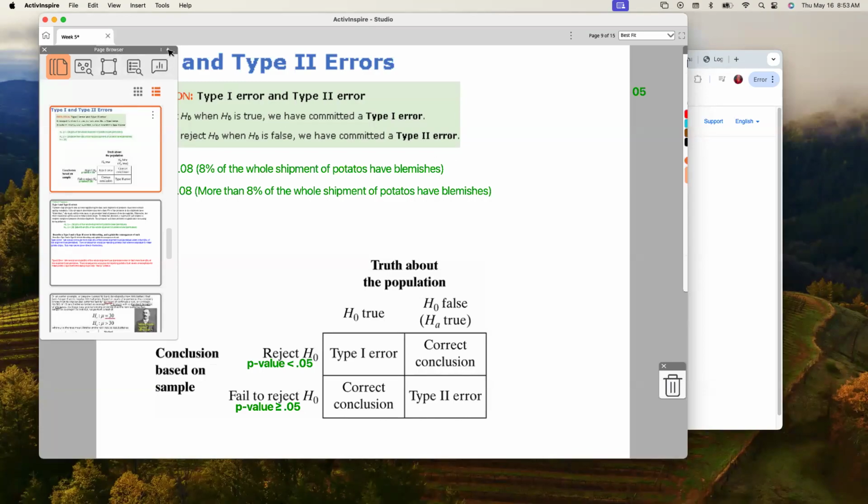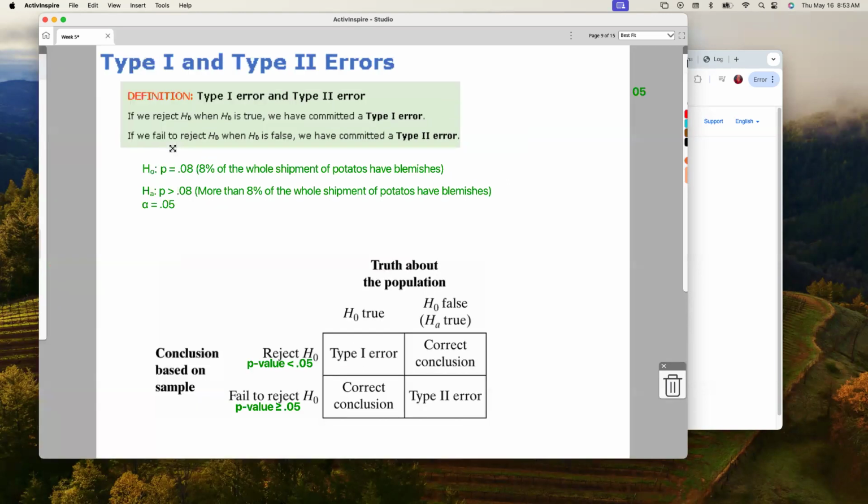Okay, here we are talking about type 1 and type 2 errors. Assuming you already understand what a hypothesis test is, we'll be taking a look at situations where we could possibly make a mistake, because remember, a hypothesis test doesn't prove anything. We're just basing our decisions on probabilities. And so, in all likelihood, we make the correct decisions, but there's still a chance that we can make something